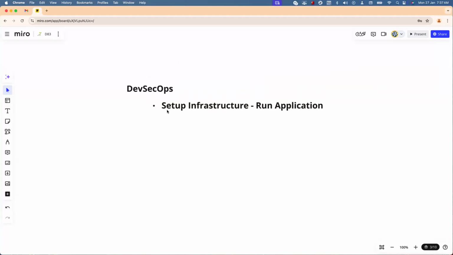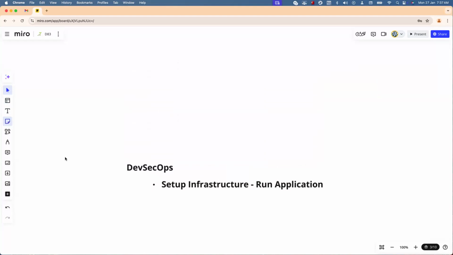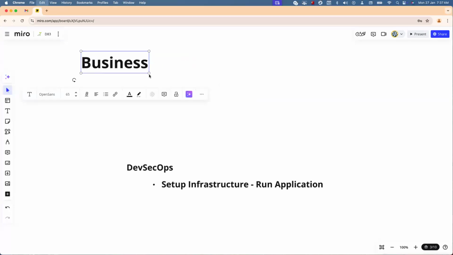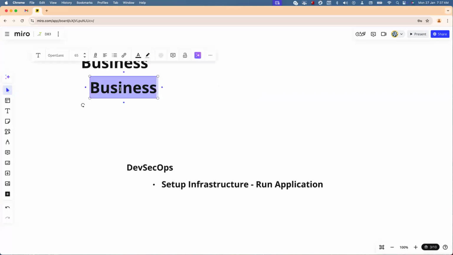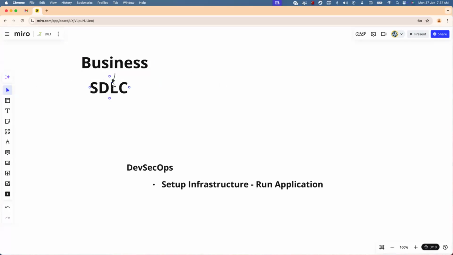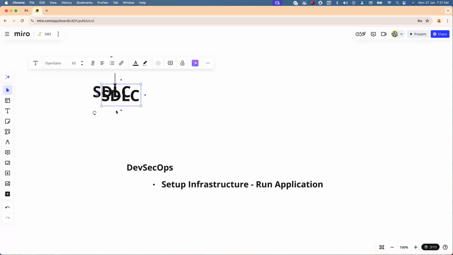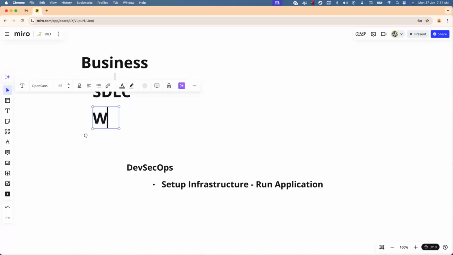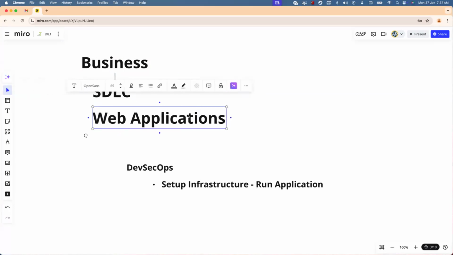Above this, we talked about something called business, the SDLC business, the software development lifecycle. And in the SDLC, what kind of applications do we make? Web applications, which is the trend. So web applications means,